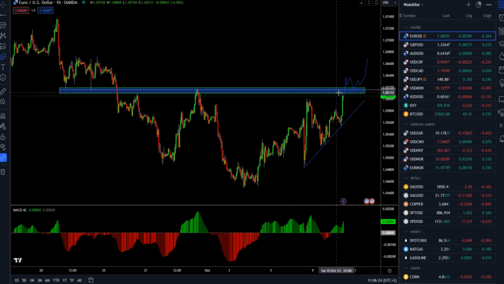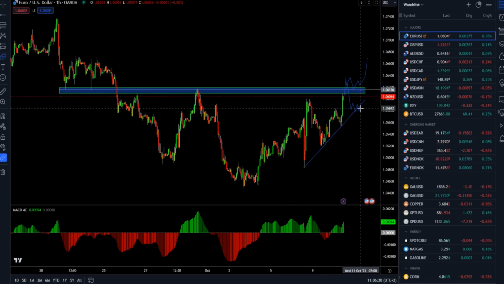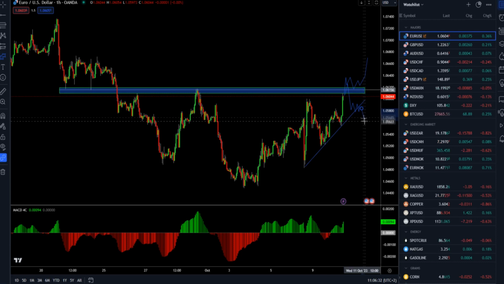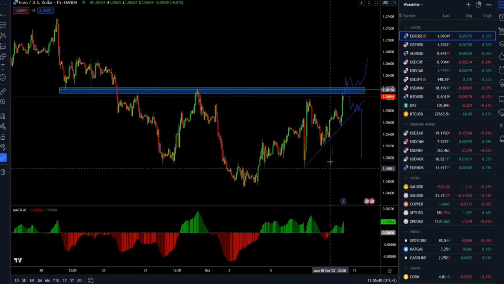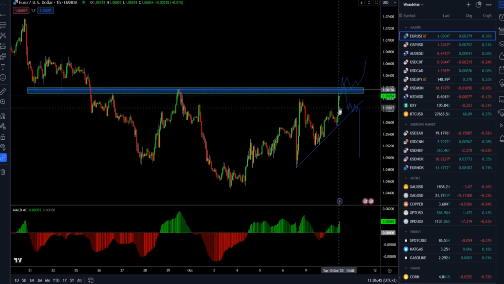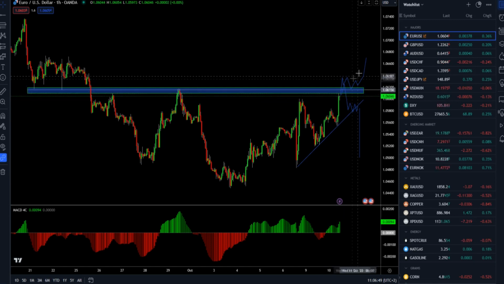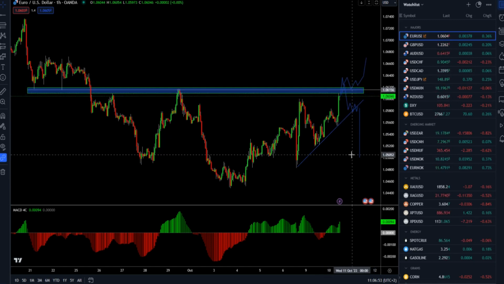But in the case that the market just breaks and then rejects back and then builds some downside move, even breaks this rising trend line, then there can be a chance for lower prices towards the 1.0530 or even 1.0500 mark. So it depends how the price action will resolve around this level. This will be important to watch and then be prepared for this upside or this downside scenario.